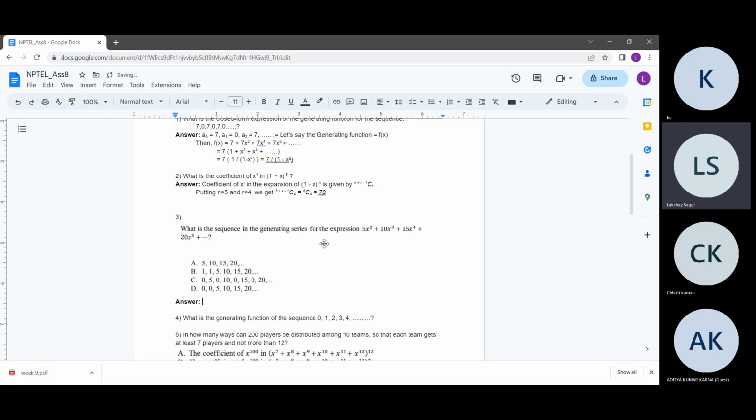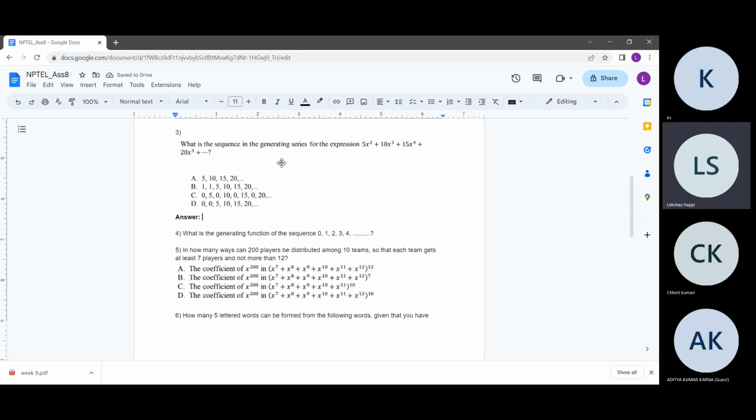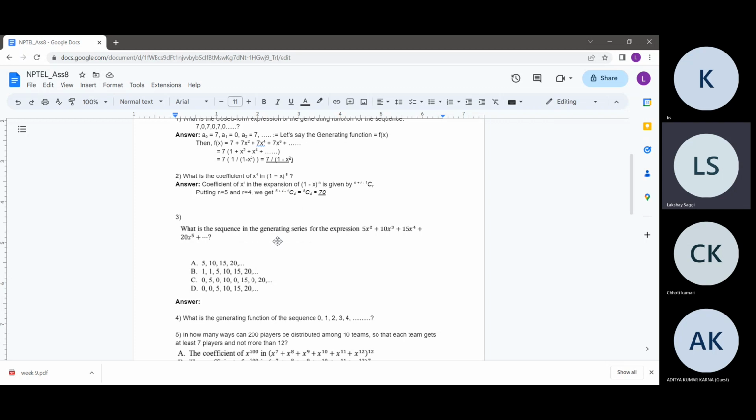Next question is asking, what is the sequence in the generating series for the expression 5x squared plus 10x cubed plus 15x to the power 4 plus 20x to the power 5 and so on. So note that here we have been given a generating function where the coefficient of x squared is 5, x cubed is 10, x to the power 4 is 15, x to the power 5 is 20,